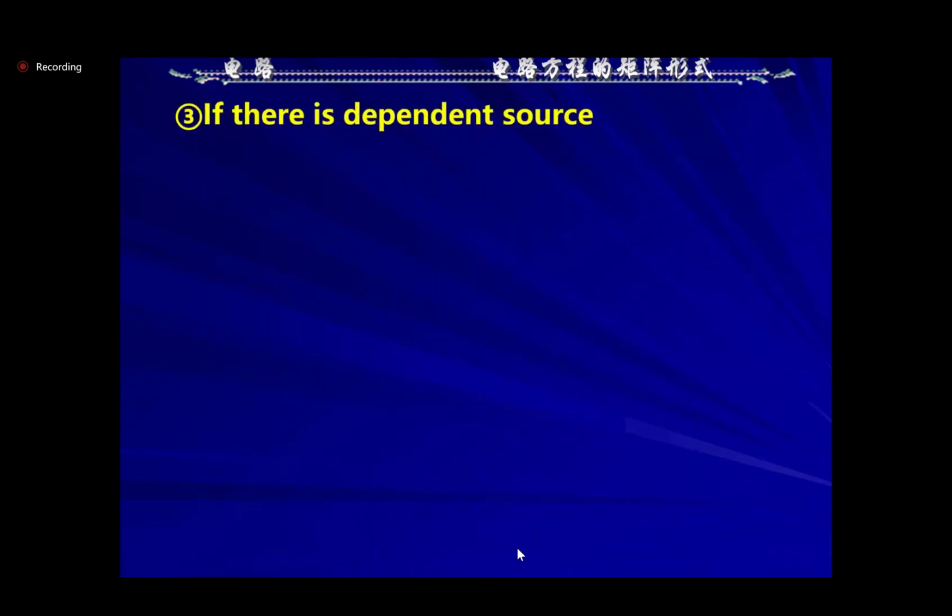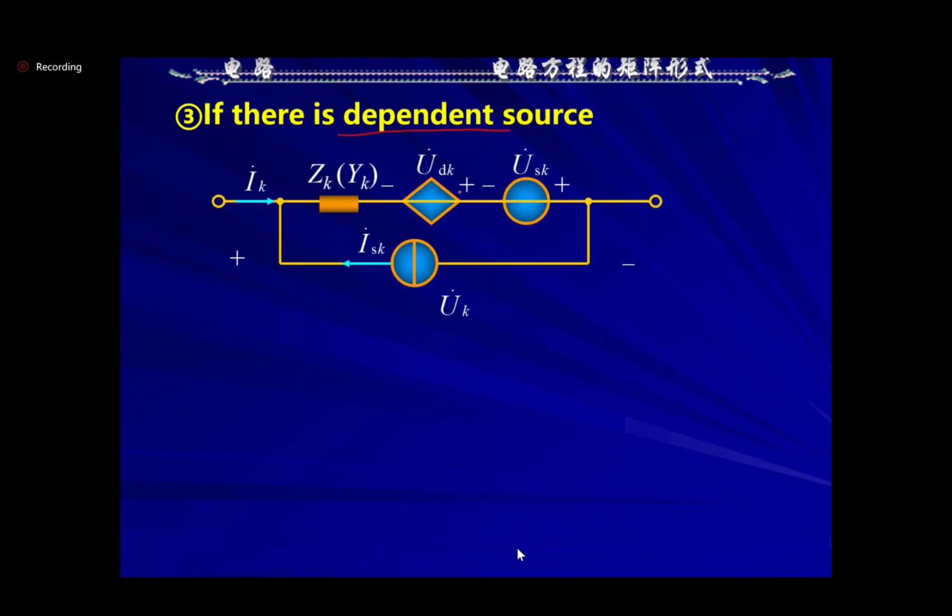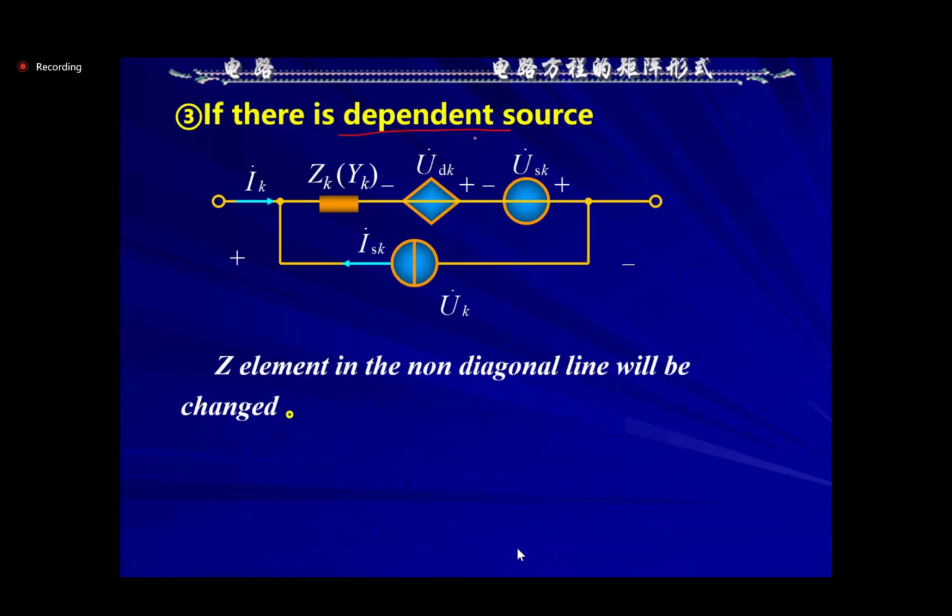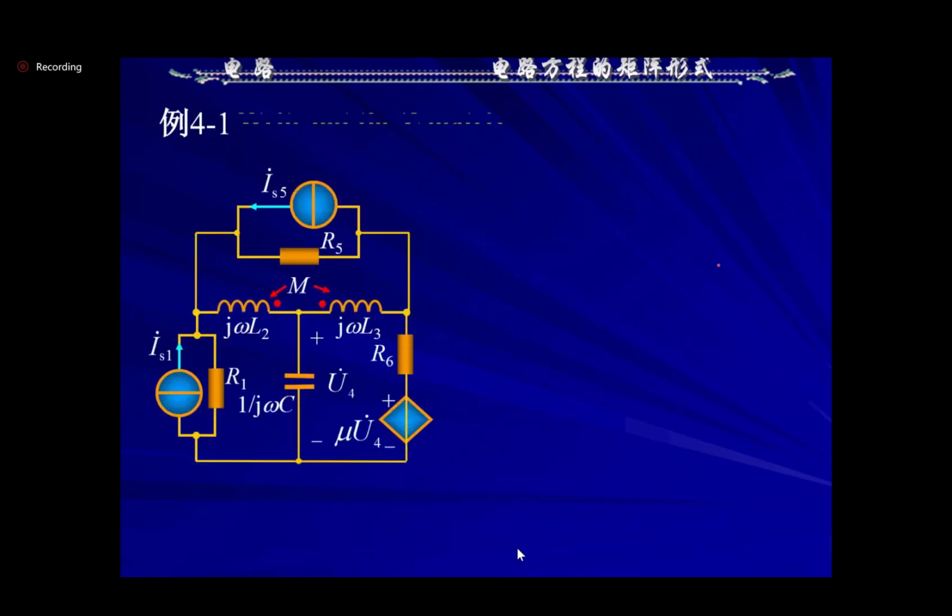For case 3, if there is a dependent source in one branch, for example, the dependent voltage source here, the Z matrix is non-diagonal, and will be non-symmetric. For example,